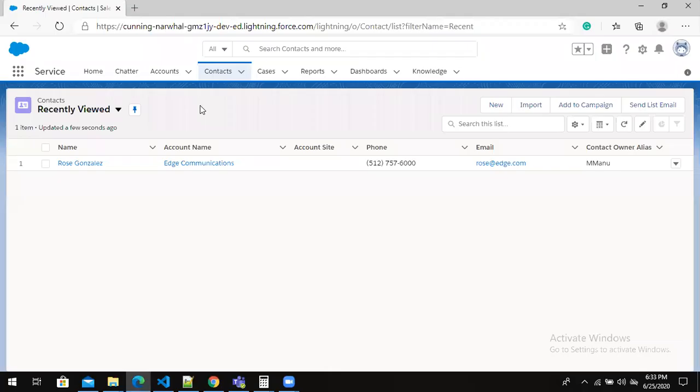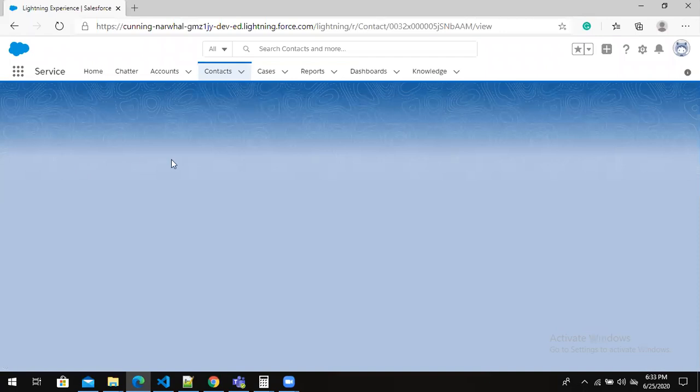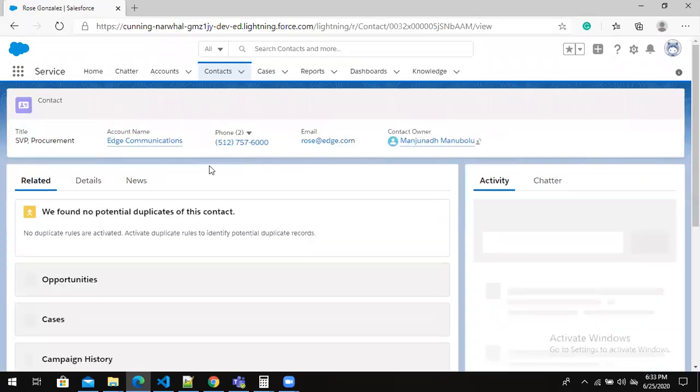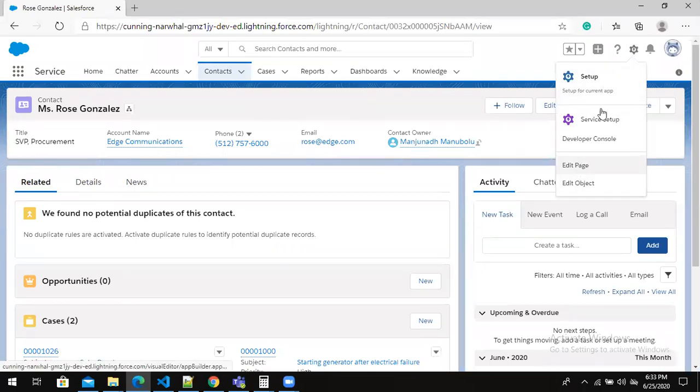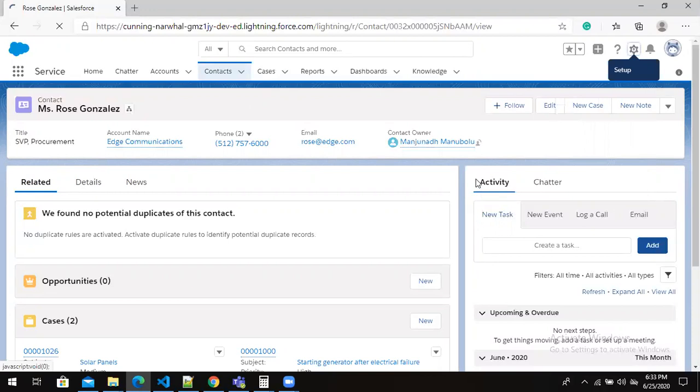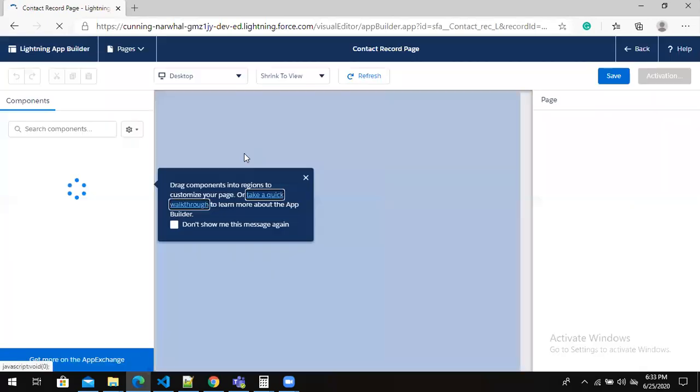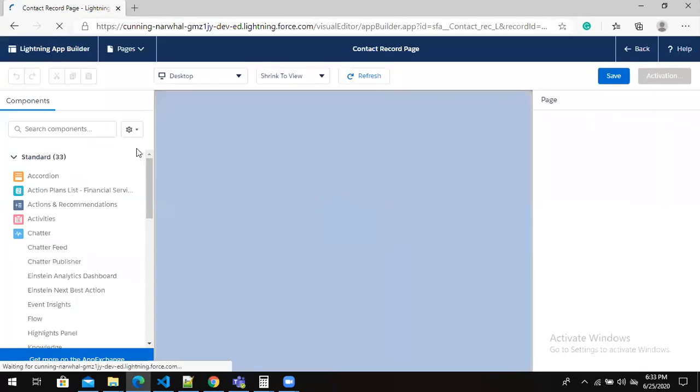Record page can be account, contact, irrespective of object. So let me go to contact and place it here. Click on this wrench symbol and click on Edit Page. Now in this app builder page, we can see the Lightning components.